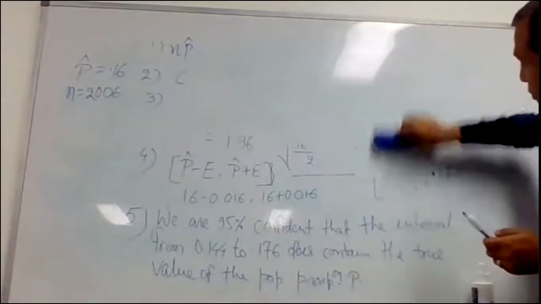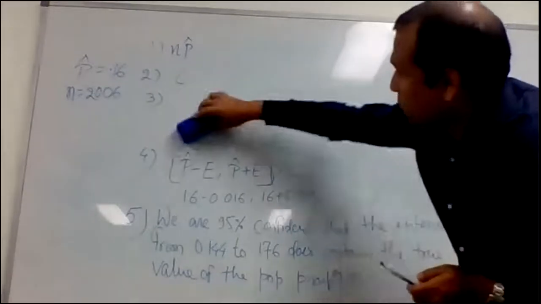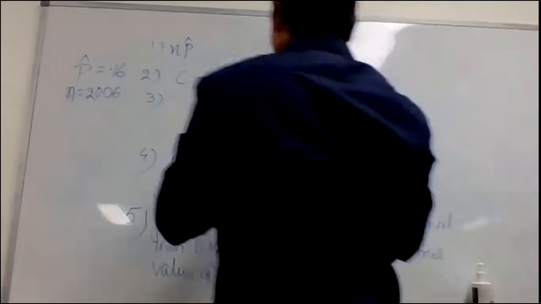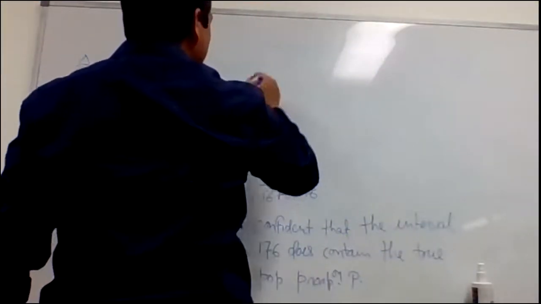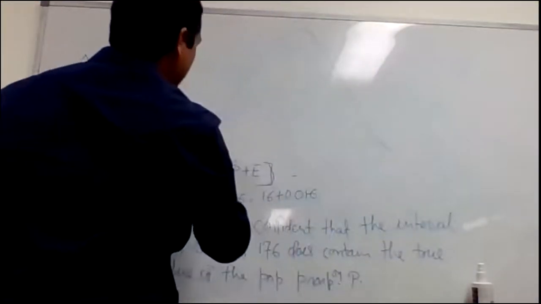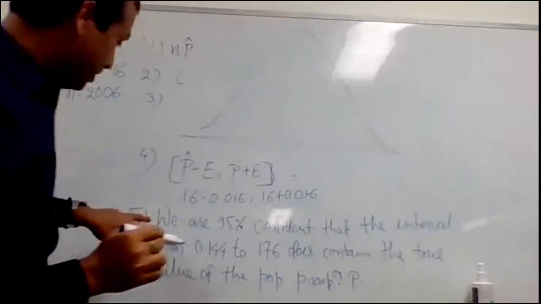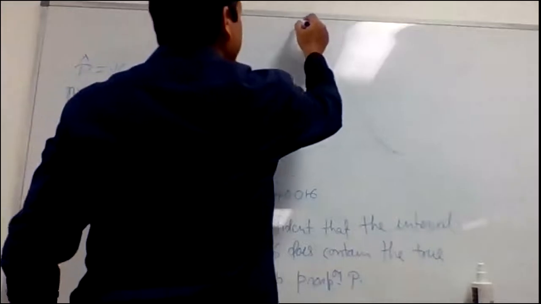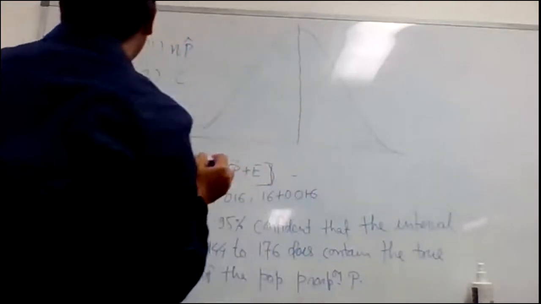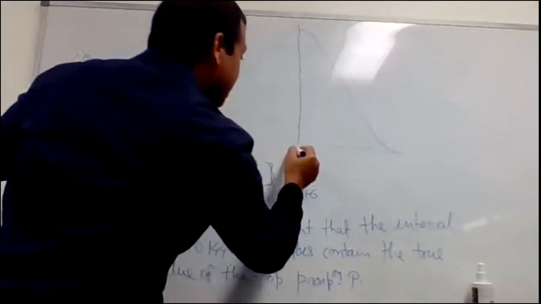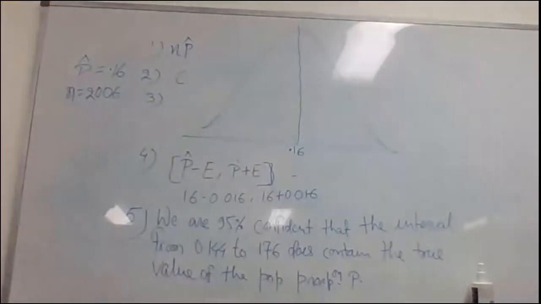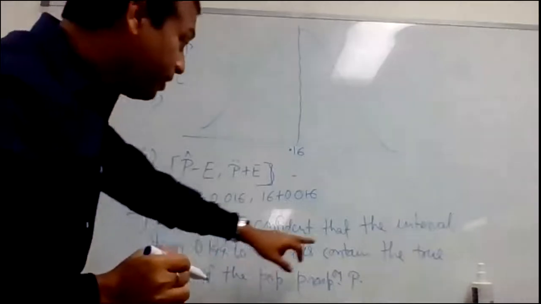What I'm suggesting is you try to visualize what the finding is. The finding is suggesting something very interesting. You can visualize the sentences we have written in stage 5. Try to visualize over here. What was the p hat value? 0.16. I'm writing here 0.16. And what range did we get?